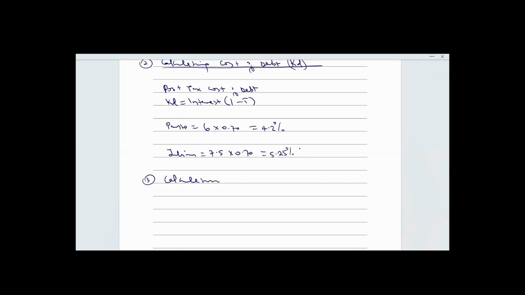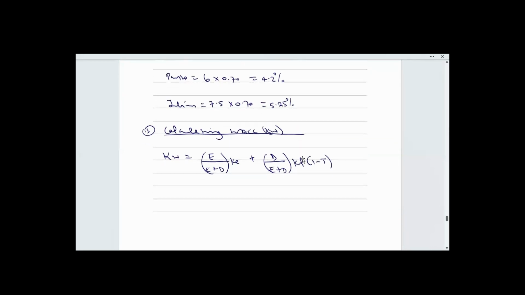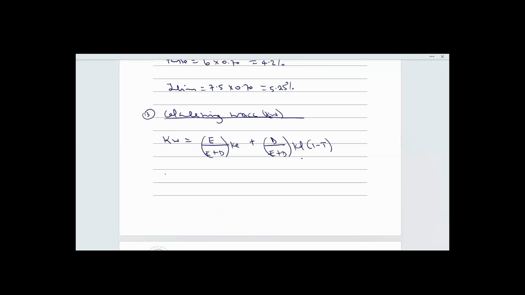Calculating weighted average cost of capital, denoted as KW. So WACC is equal to equity value over equity plus debt, multiplied by cost of equity, plus debt value over equity plus debt, multiplied by cost of debt, 1 minus tax, multiplied by 100%. Therefore, for Panto,